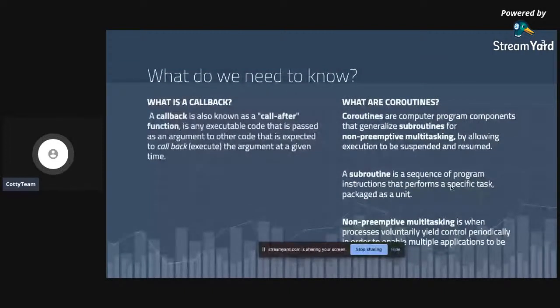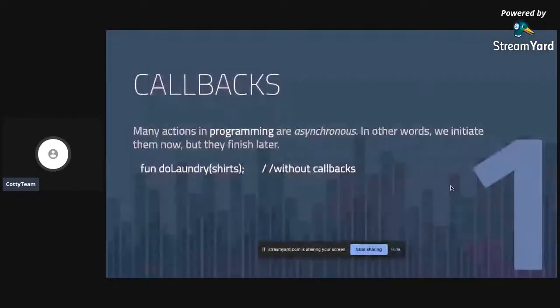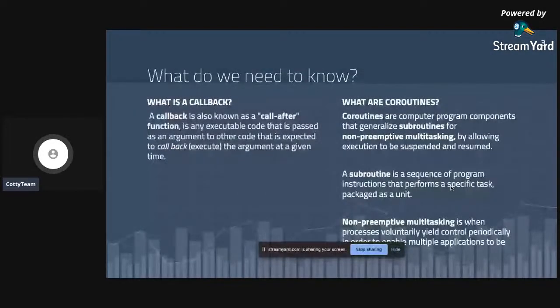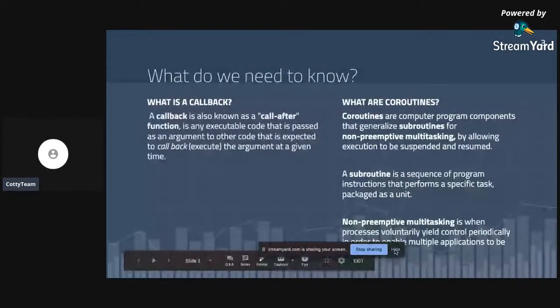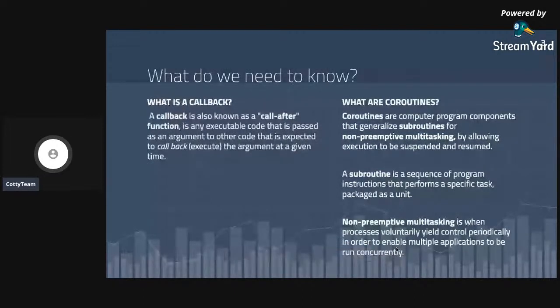Non-preemptive multitasking is when processes voluntarily yield control periodically to enable multiple applications to run concurrently, like I've said before. So coroutines is just dividing processes into a lot of light threads. In computer science, we all know what a thread is. A thread is the smallest unit of a process. So into light threads to achieve